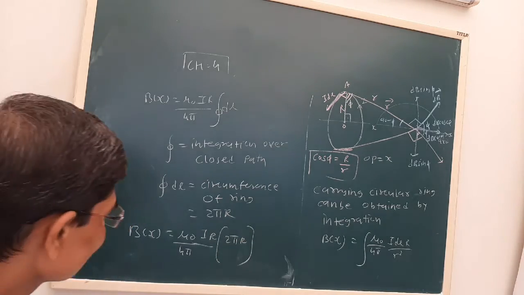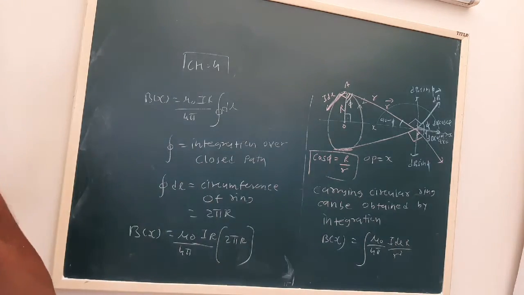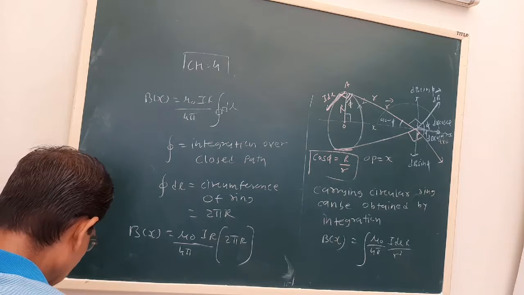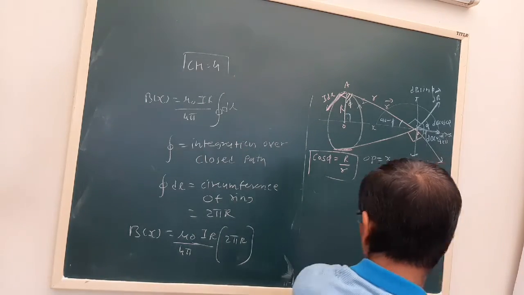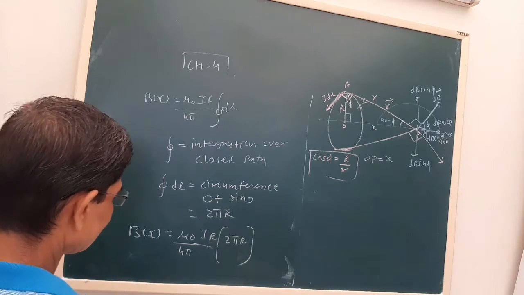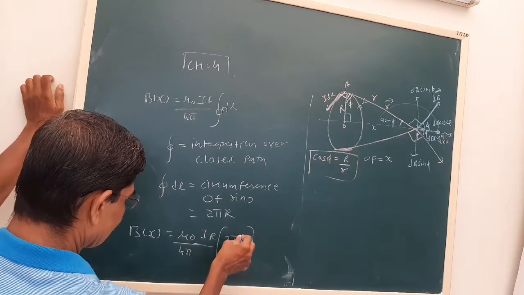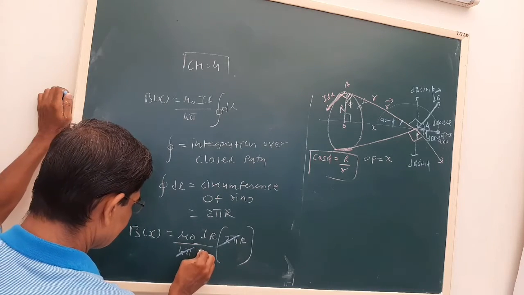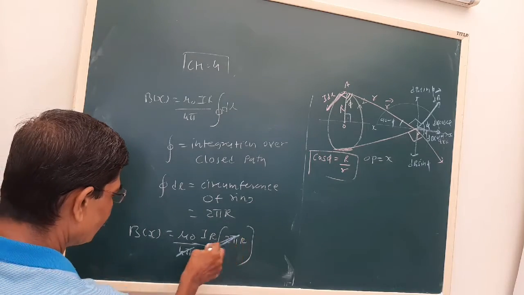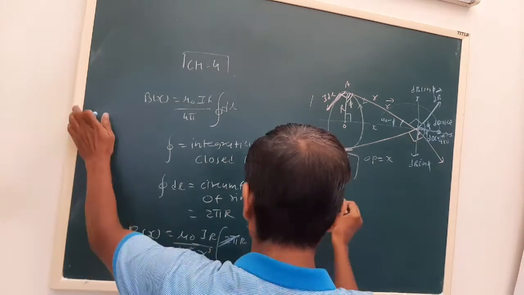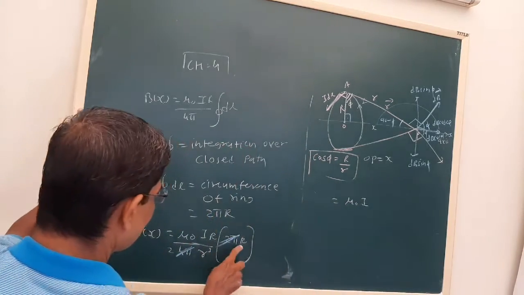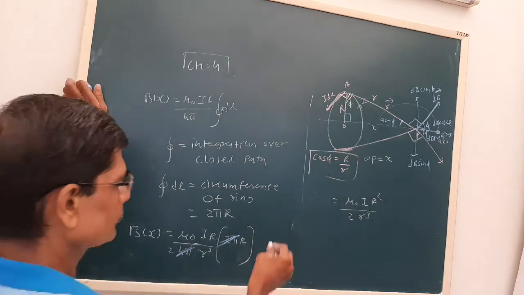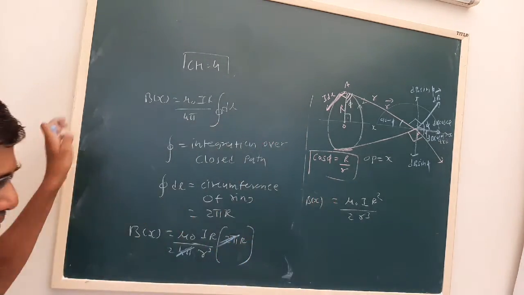Now next we have to substitute the value and simplify the equation. We have obtained the value of the integration. Here the 2 pi and 4 pi simplify, and one R is left. So how has the equation panned out? Mu0 I, this r and r will make r squared, upon 2 r cube. Now Bx is mu0 I R squared upon 2 r cube.